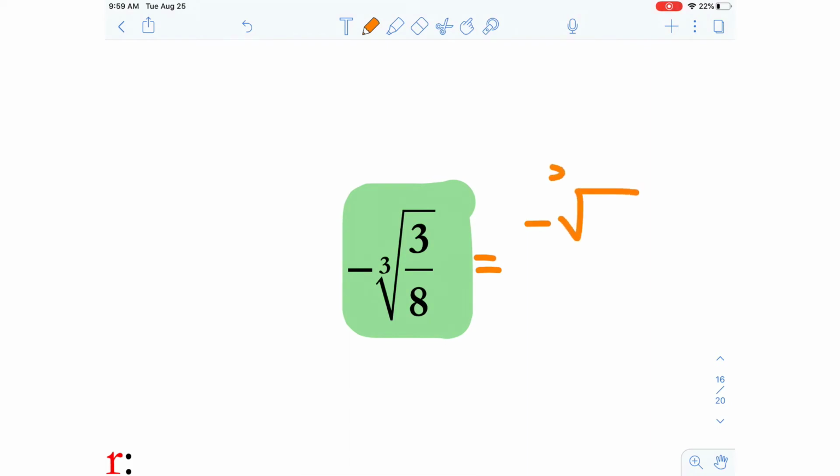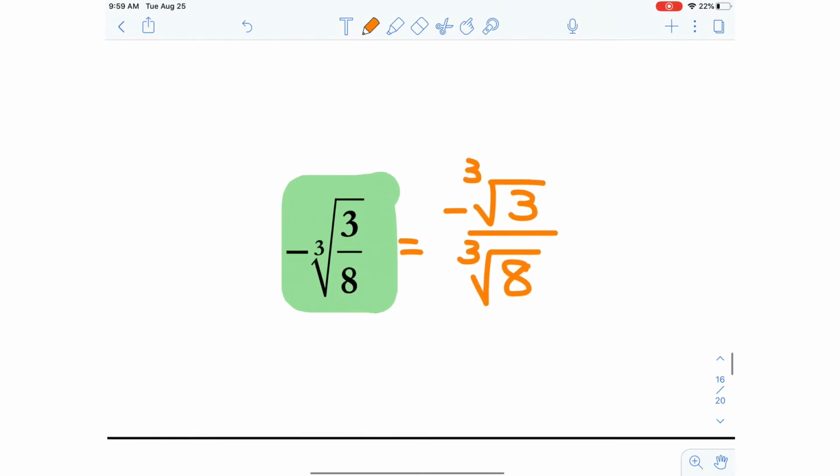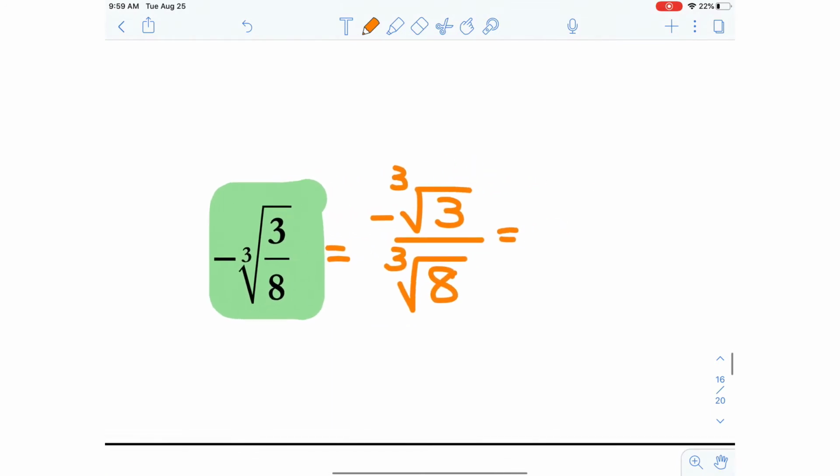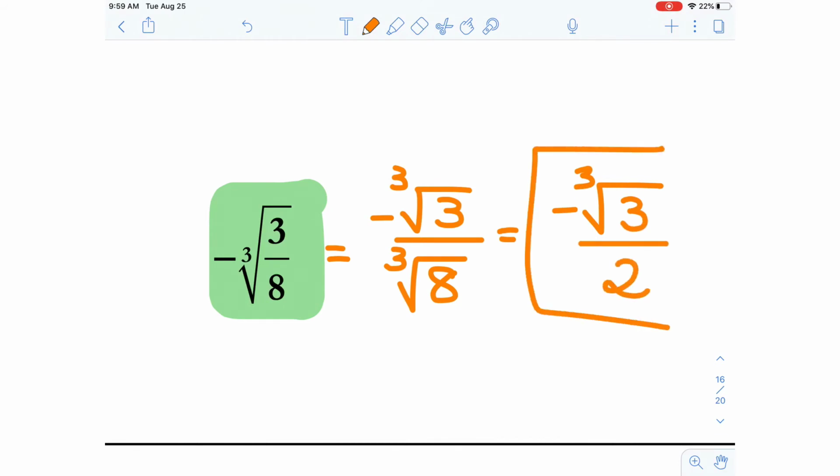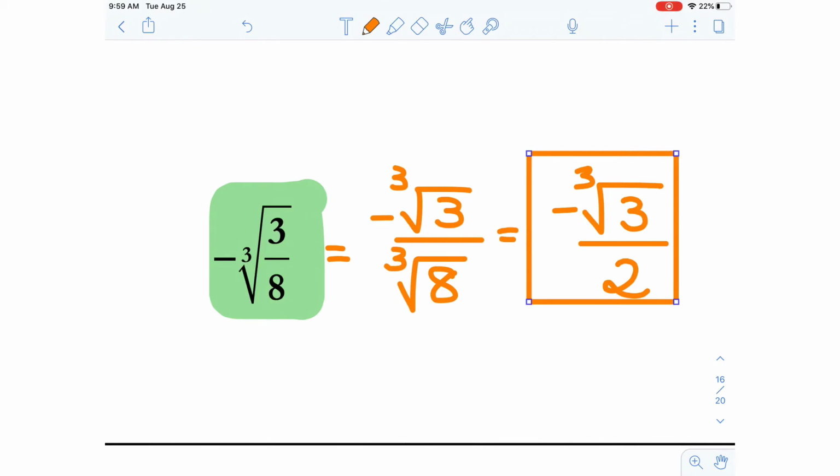So this one is negative. I always put the negative on top. It's just like a habit. So negative cube root of 3 over the cube root of 8. And then the top cannot be simplified. I'm just going to leave it. But the cube root of 8 is 2. Okay, and finally,